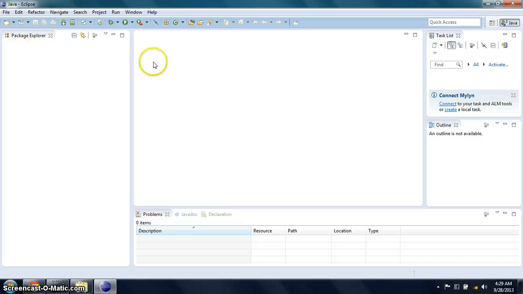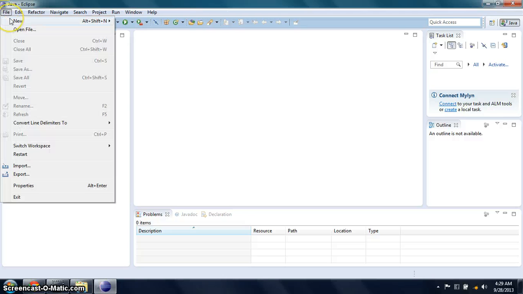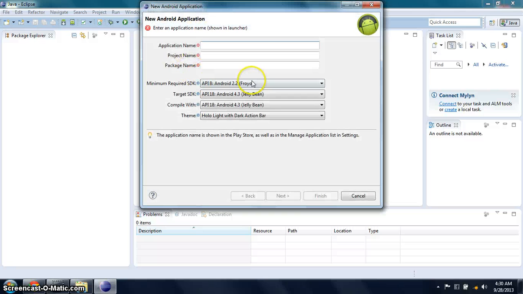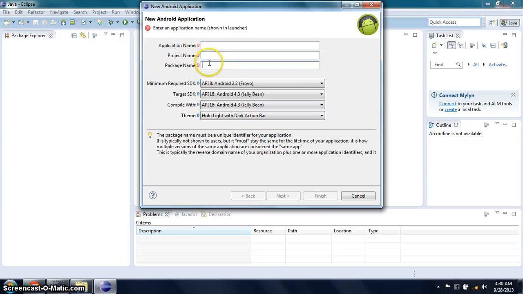So to create a rating bar, you need to select File, then New, then choose Android Application Project. Now you have to specify the name in the application name, the project name, and the package name.